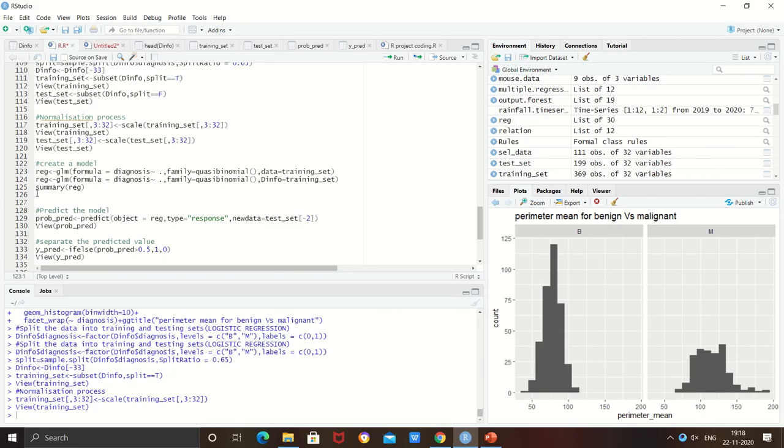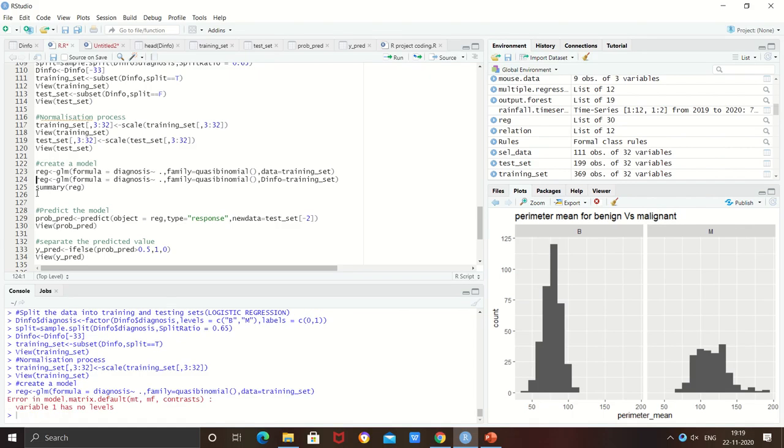Here the binomial family is used if analysts need to account for more variance in our dataset. Okay, so now we will run the code and we will check for the summary.